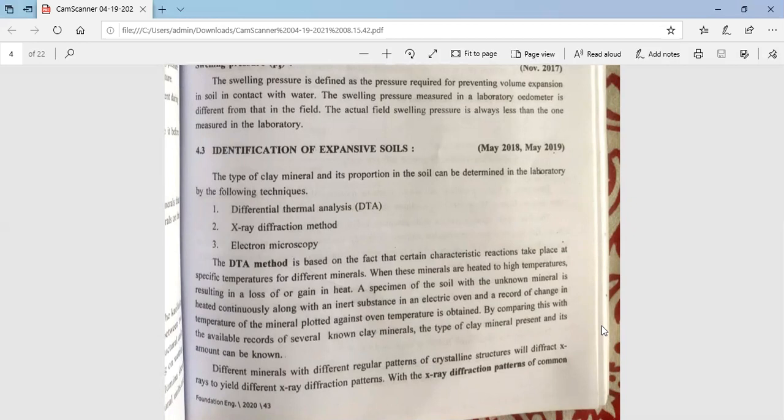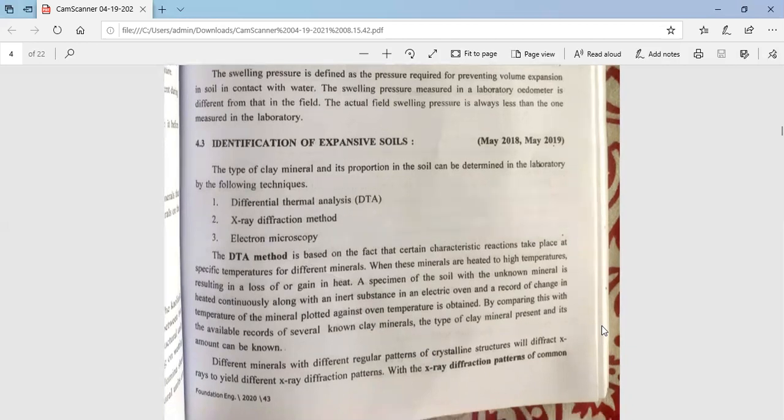So when these minerals are heated to high temperatures, resulting in a loss of or a gain in heat, the specimen of soil with the unknown mineral is heated continuously along with an inert substance in an electric oven, and a record of change in temperature of the mineral, plotted against the temperature, is obtained. So by comparing this with available records of several known clay minerals,